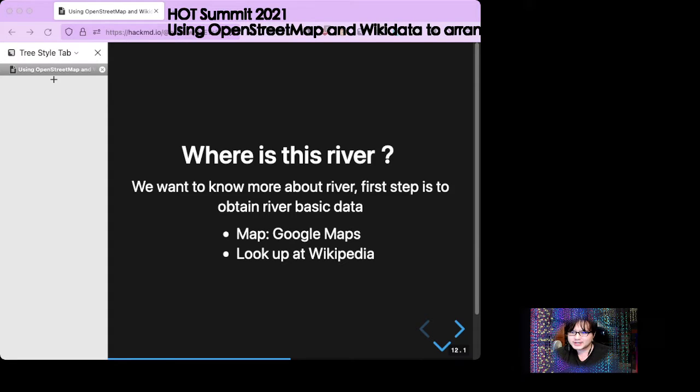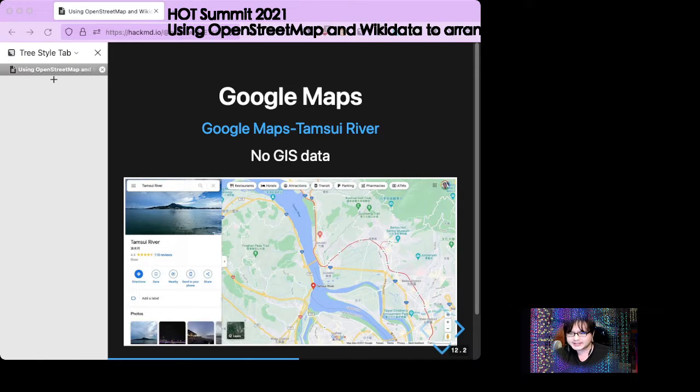But for ordinary people, we look up river data by maps, Google Maps, or basic information on Wikipedia. But unfortunately, that is not enough. Everybody knows Google Maps, but if you search in Google Maps, there is no GIS feature for, like, Tamsui River.